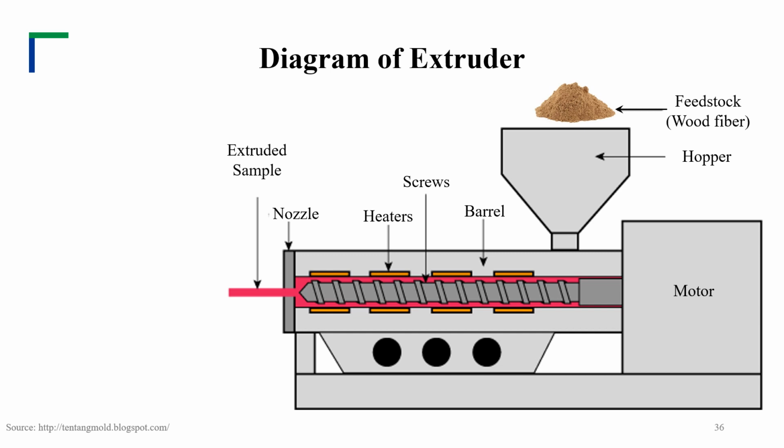And then from this slide, I'm going to talk about the result of the extrusion process. That is the diagram of the extruder. You can see the feedstock from here. We use the wood fiber, right? So wood fiber loads into the hopper, and then the fiber is followed by the screw in the barrel. And there is a heater to increase the temperature of the barrel. And the sample is squeezed out from the nozzle, and then that is the extruded sample we can get from